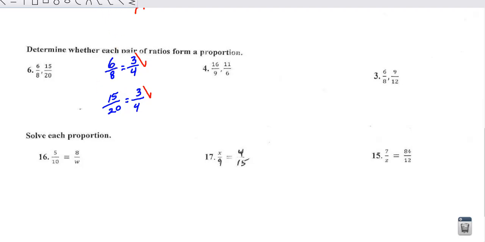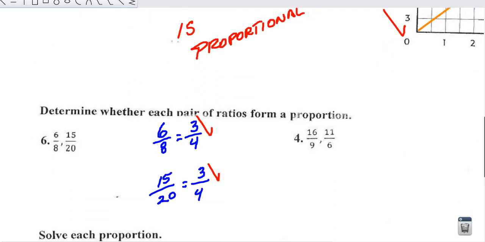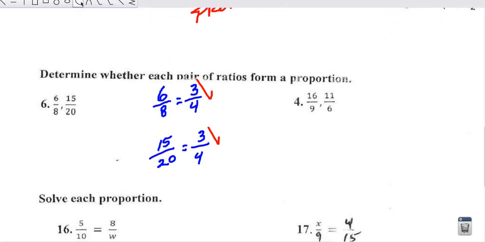And here's way number 2. Way number 2, and let me zoom in for a moment here. So let's zoom in on this problem. Here's way number 2. Way number 2 is to go ahead and take each of these and do the cross. So what we're going to do is multiply